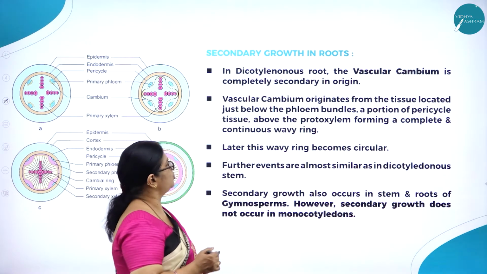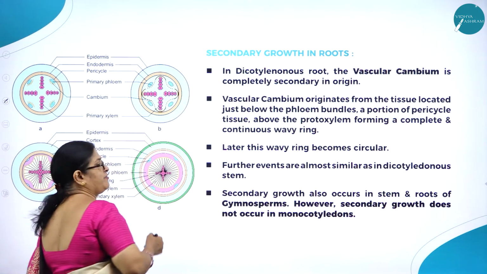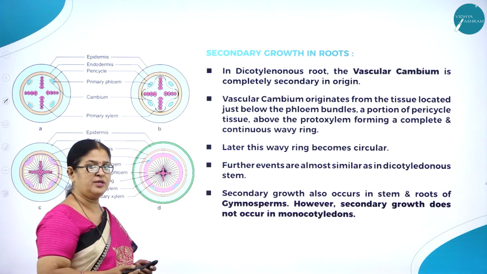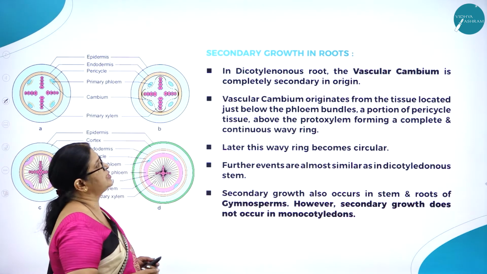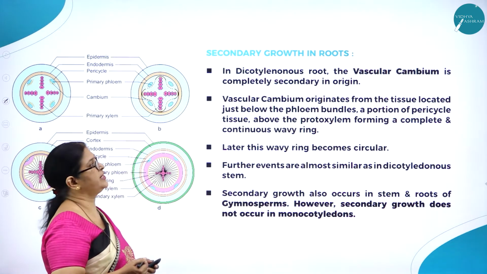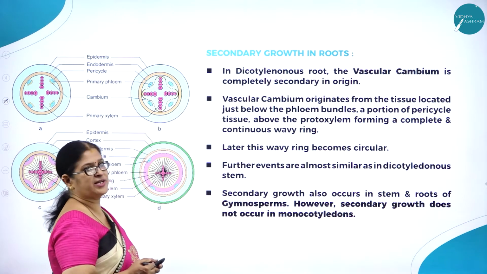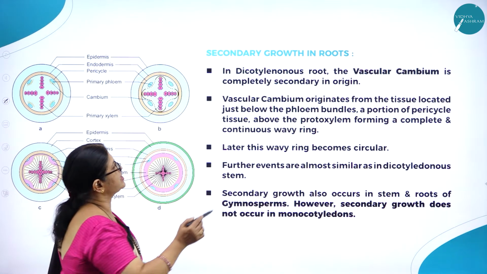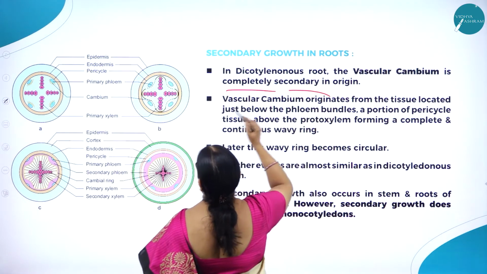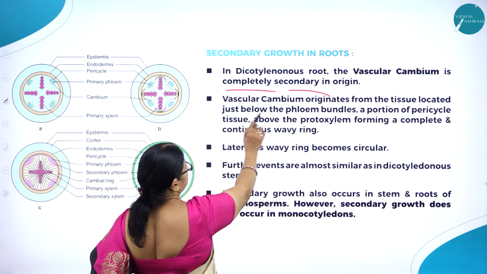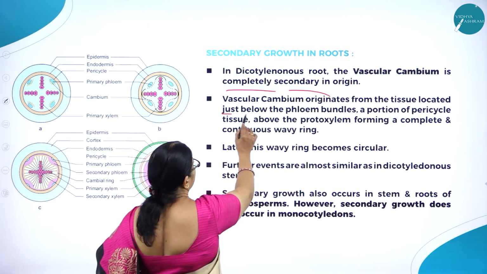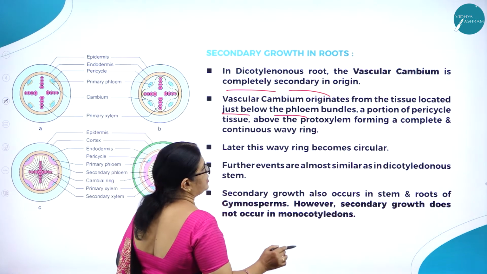Secondary growth in roots. So far we were talking about the secondary growth in stem. So how will the secondary growth in roots take place? In dicotyledonous root, the vascular cambium is completely secondary in origin. Here you can see, and the vascular cambium originates from the tissue located just below the phloem bundles,